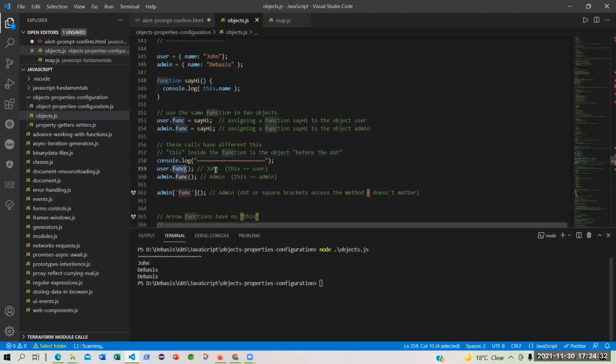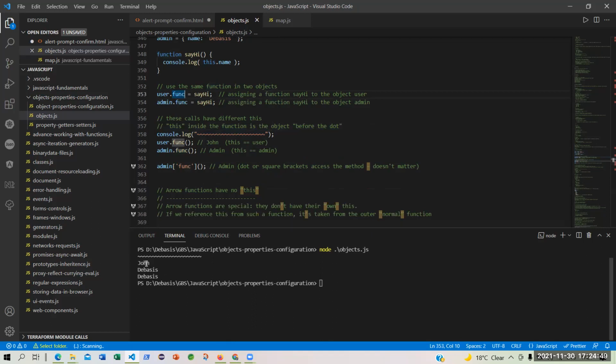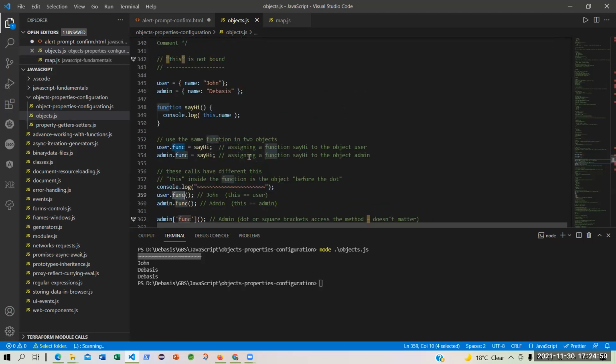The problem was because you are calling a function and you have assigned this say hi function to the object, but with a name called func. Let me explain this. It will first print the console log line, fine. Then user dot func is calling this function and this function is printing this dot name.